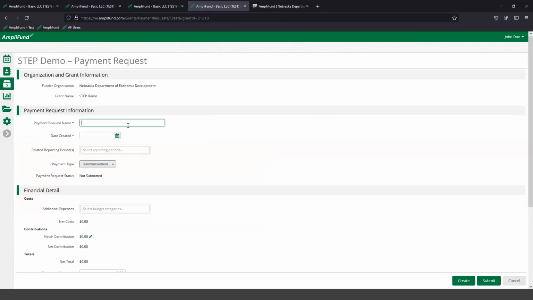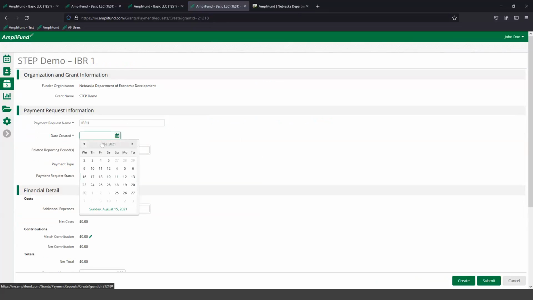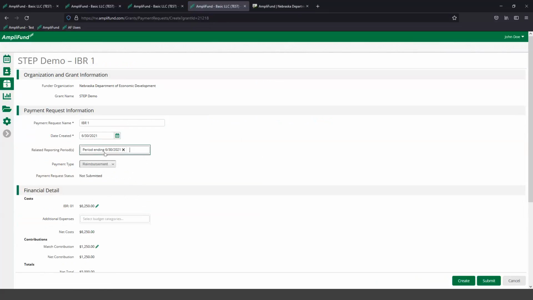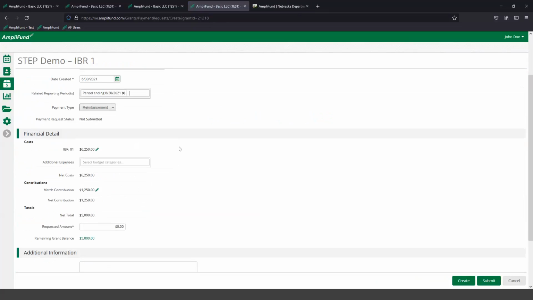So the payment request name, I'm going to call it IBR1, and it's going to be the date created, which will say it was June 30th. In this related reporting periods area, this is very important because I'm going to left click in, and I'm going to left click my June reporting period, because what that did right there, it automatically took my expenses